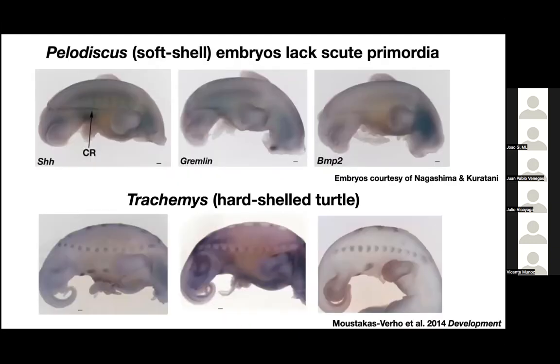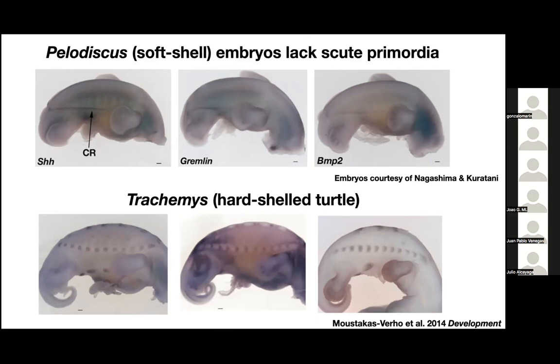So we looked at the embryos from these turtles as well. And so now this is a view where you can see the forelimb and hind limb on the side, and the heads are again missing, and those are to the right and the tails are to the left. So when we looked at the expression of these molecules that we know to have regular patterning in the hard shell turtles, such as this red-eared slider below, in the soft shell turtles, we don't see any periodicity or any kind of these signaling centers in the development of the shell.